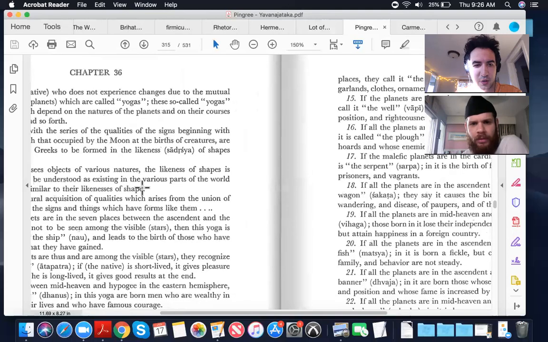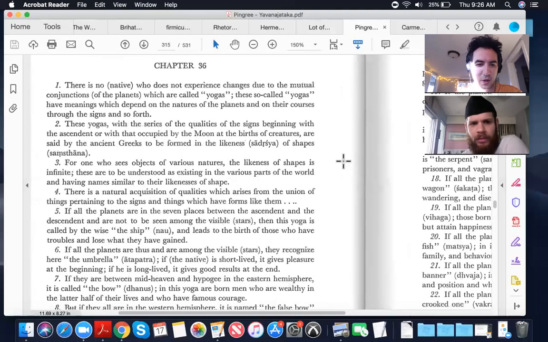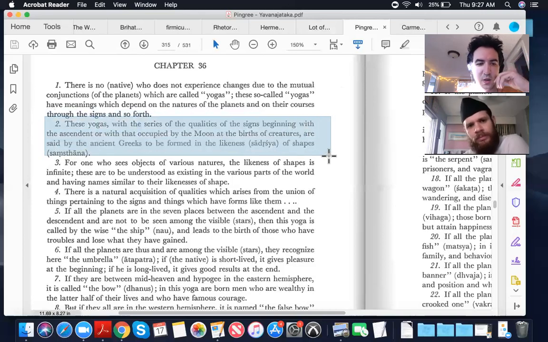All right, the illustrious chapter 36, which is quite long and has quite a lot of yogas. So we won't be able to go over every single yoga, but we should definitely dive into a few of them. He starts out by saying that, first off, this is another point in the text. He's done this several times already, where he clearly says to look at these things from the ascendant and or